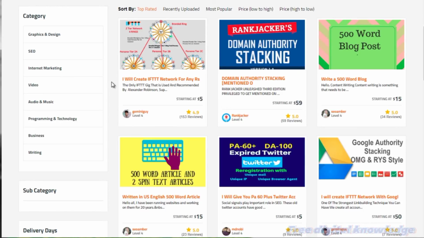And what he'll do is, all you have to do is give him the information for, like I said, the accounts, and have the username and password. And what we usually do is we create a brand new email account. So it's nothing related to the old business accounts or anything like that. So it's a new email account, all the information on a spreadsheet, and then we send it over to him. He creates the accounts, and then he logs into your IFTTT account, which you'll need an account for as well. And then he'll set everything up.